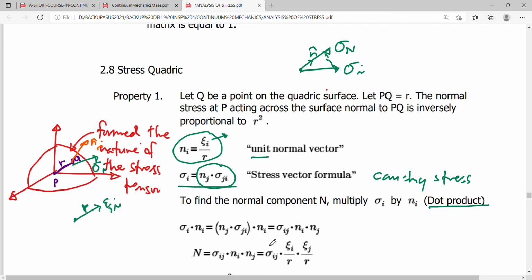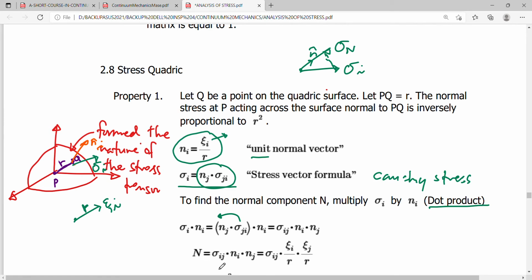If I want to interchange these two, I just make use of a transposition of ji to ij, taking note that i and j for the n vector are simply dummy indices, so we can interchange them